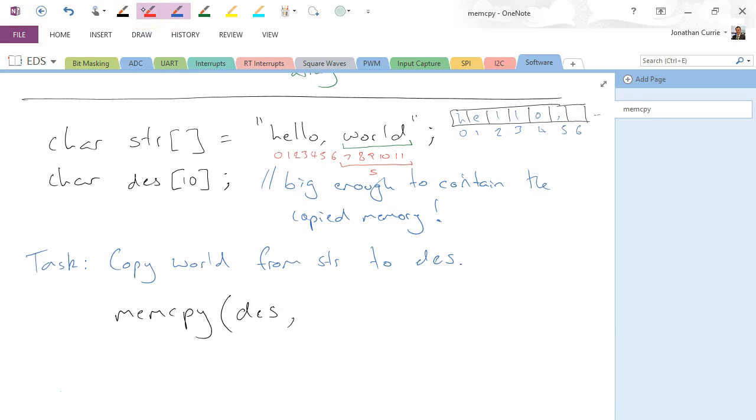So in this case, because I want to be able to copy just that word world, I'm not going to put in string, because if I did that, it's going to start from the letter H and copy the whole thing across, or however many bytes I tell it to. Instead, I'm going to tell it that I actually want to start copying from a particular element inside that array. So in this case, 7 is the element that contains the first letter of the word we're interested in, world. But you'll notice that this part here